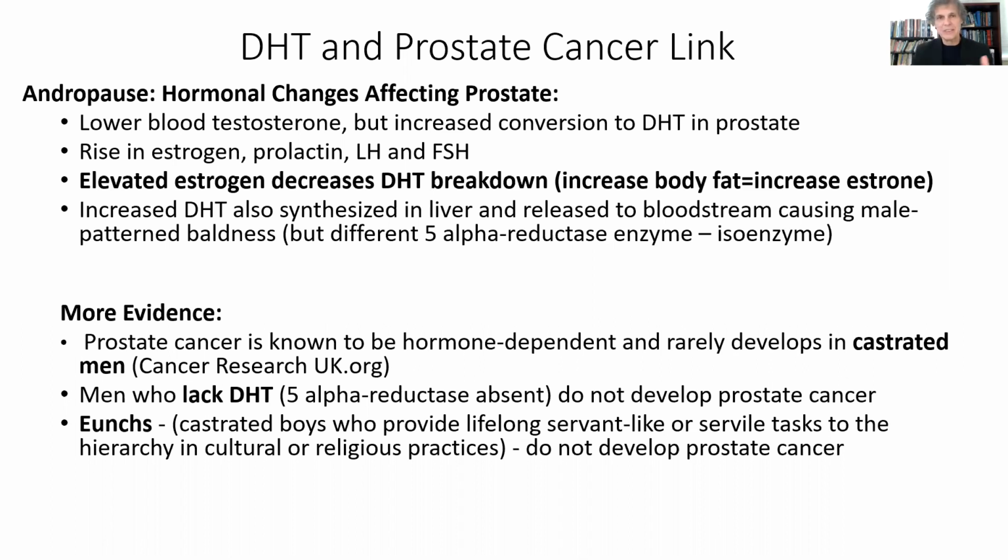But how do you know that DHT is increasing? Because even the liver converts testosterone into DHT as well and sends it out into the circulation. And it's that DHT level that causes male pattern baldness. So